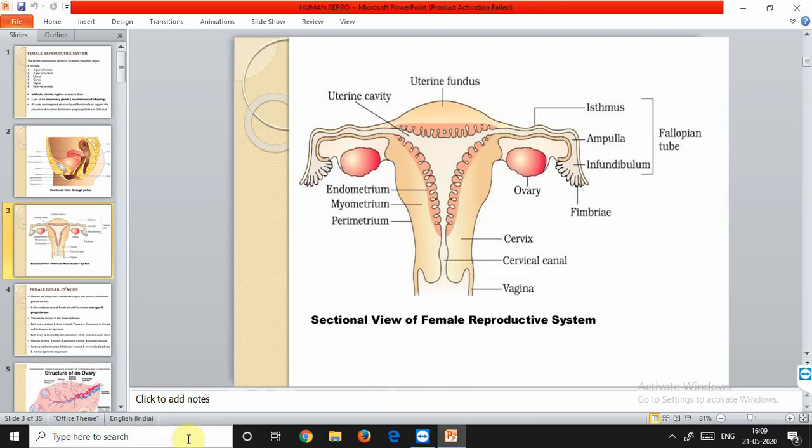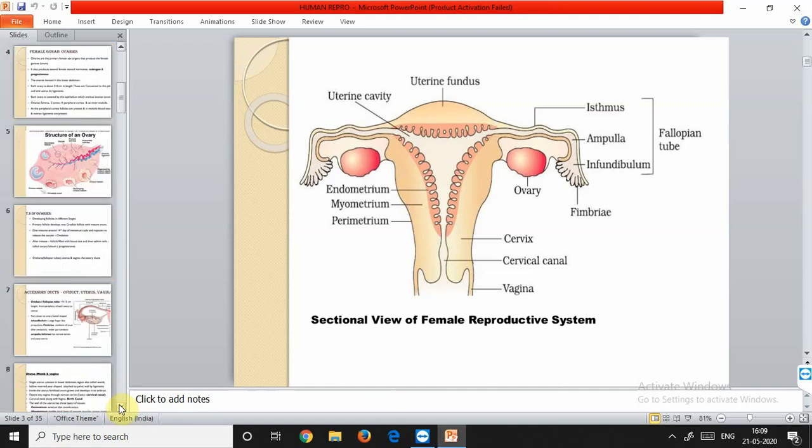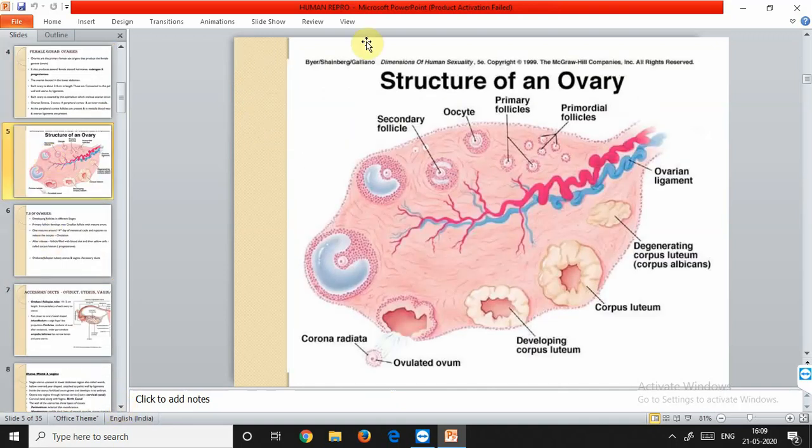Now the fertilization occurs, but before reaching the fertilization we'll have to study a lot more. So this is the structure of an ovary. There are a very much higher number of ovaries, as I told you before also. Now there is every month a cycle. The cycle is of 28 days, and a primary follicle transforms into a Graafian follicle. So there are some follicles, also called the primary or ovarian follicles, that are present inside the ovary, and these mature every month. So when they mature, they are now called the Graafian follicle.